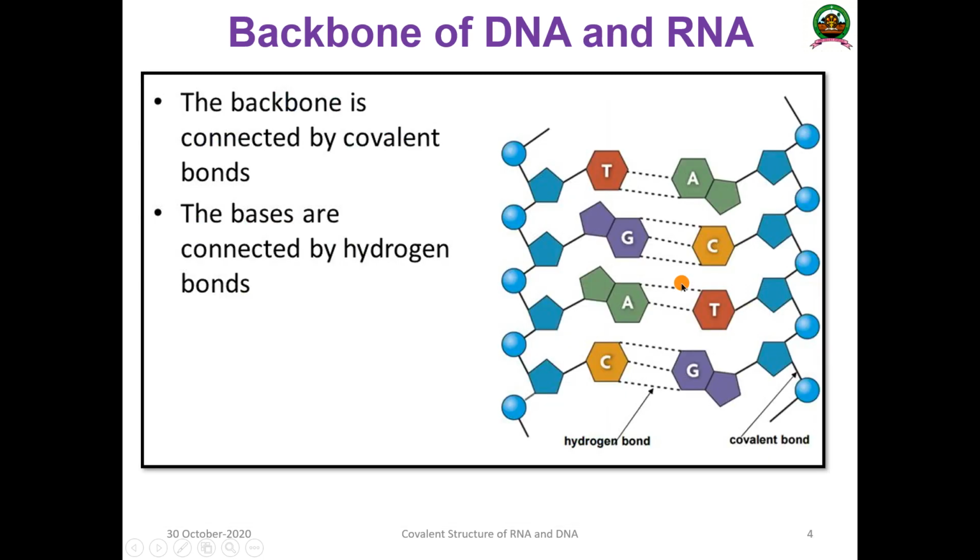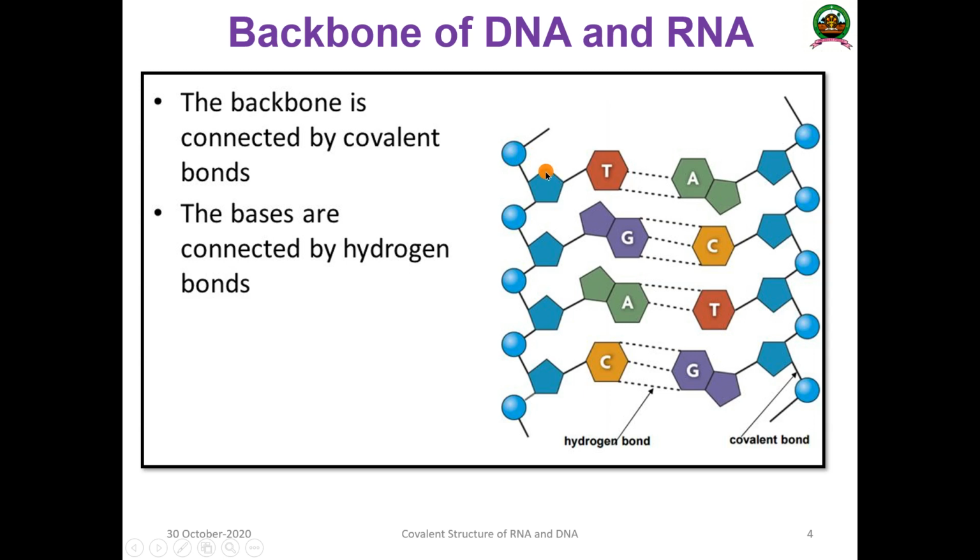Then the first one is the major one; there are three important types. One is, as I said, the backbone. You can see this is the backbone. One strand is oriented in the 5' to 3' direction. This is your sugar, this is your phosphate, and this is your sugar. The phosphates are projected outwards, that is PO with a double bond O and O minus, so you will have negative charge. The interaction between this phosphate and this sugar is known as a phosphodiester bond.